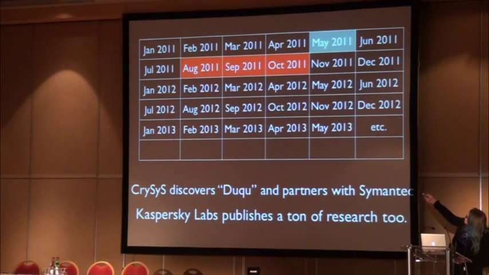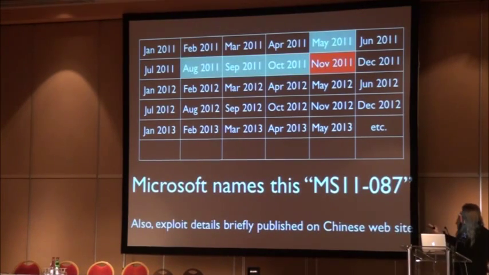So anyway, it was actually discovered, or at least analyzed, around August of 2011. Crysys, who are this Hungarian group, I think, originally discovered it, and then Symantec took their report and wrote a much longer report out of their research. And then Kaspersky published a whole ton of stuff also. And if you go to Google, you can find them. So I'm not going to cover too much about the actual Duqu stuff. I'm just going to talk about this exploit here.